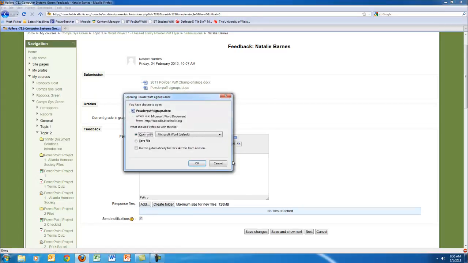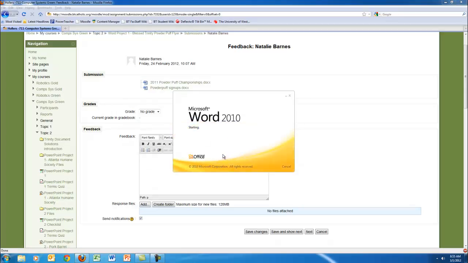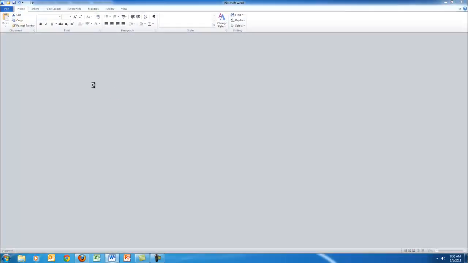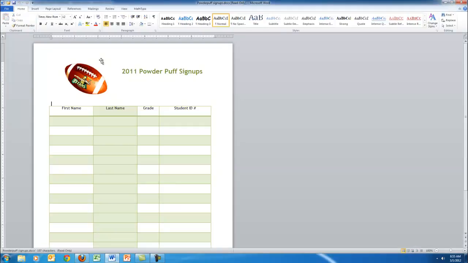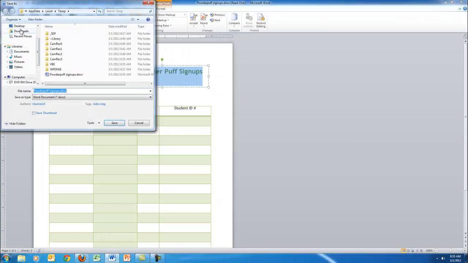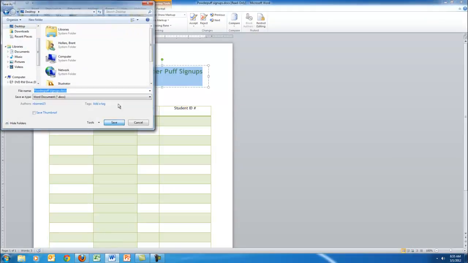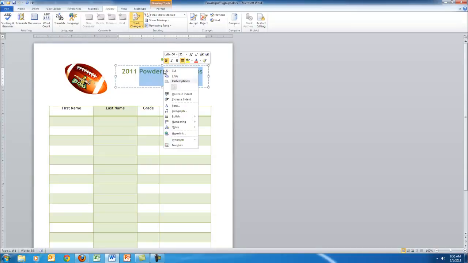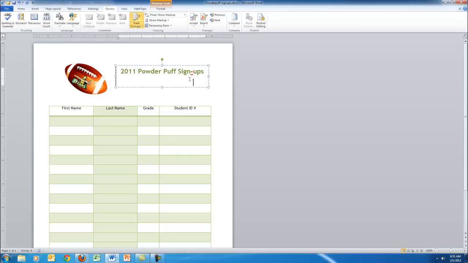download this file by clicking on it, open it, and once it gets started, I can, let's say, add a comment to it. So for example, let's say that right here this was an incorrect issue or something, I had a problem with it. I could go to the review tab and click on track changes. I probably need to save this as well, so I'm going to go ahead and save this to my desktop and click save. And I can just add a comment here, or I could make a change, so maybe this is supposed to be dash signups, and then that way the students can actually see whatever changes I've made to that. Or I can come here and I can say maybe this is supposed to say surname,